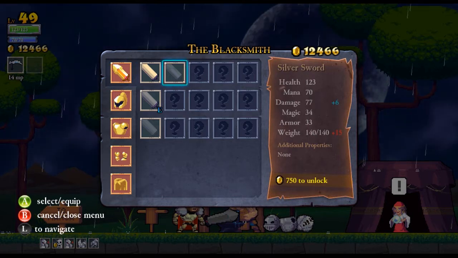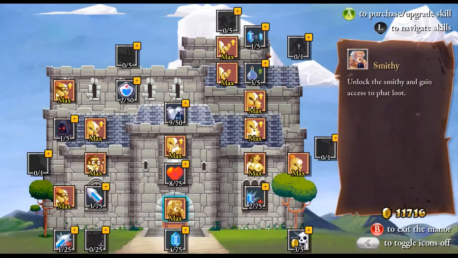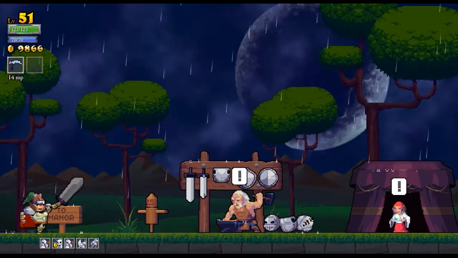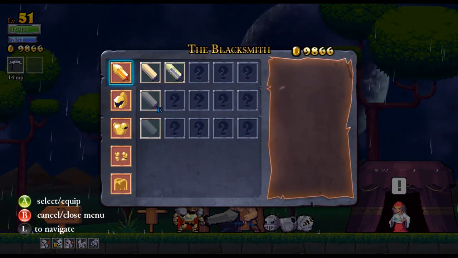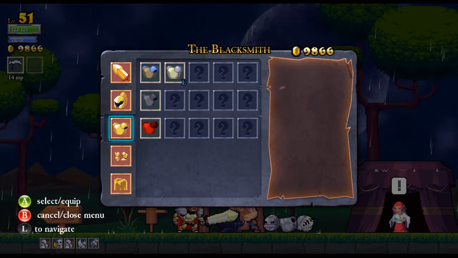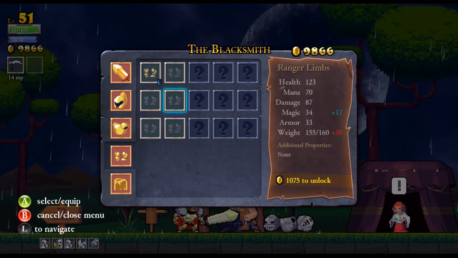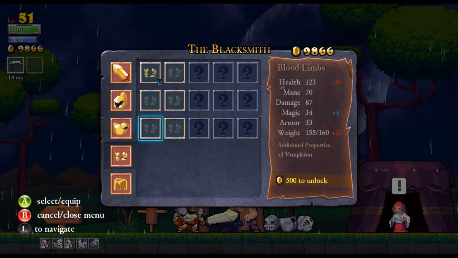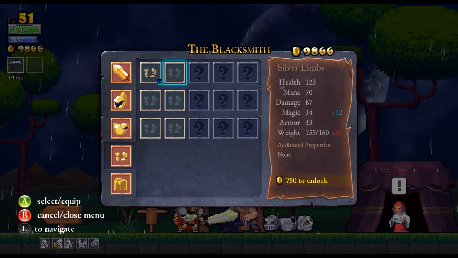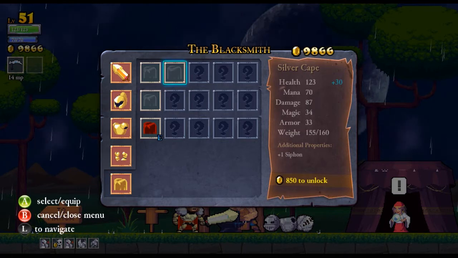Silver Sword does more damage. Let's totally upgrade to that. And I can't actually equip it until I buy some more equip up. And so we will buy some more equip up so that I can equip the Silver Sword. Great. We have good that. Ranger Limbs, extra magic. Yeah, so. Silver Limbs, extra magic. Sage Limbs, less damage. Anything with extra armor here? Nope, all the limbs seem to have the same amount of armor. It's mostly armor that I want more of. Silver Cape would give us more health and some siphon, but I like having the Blood Cape for a little